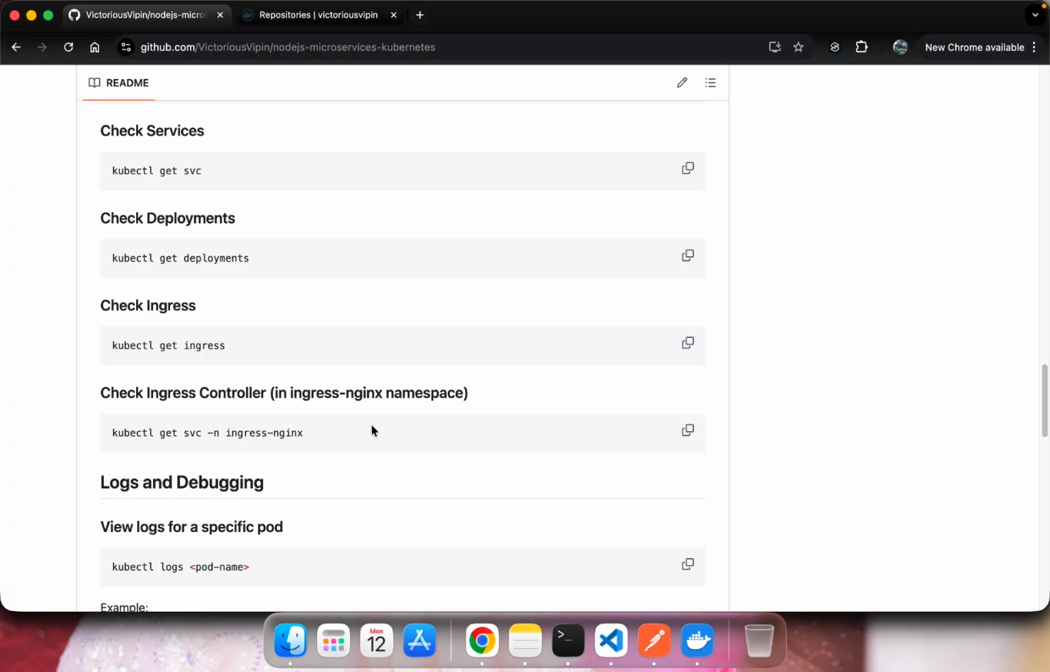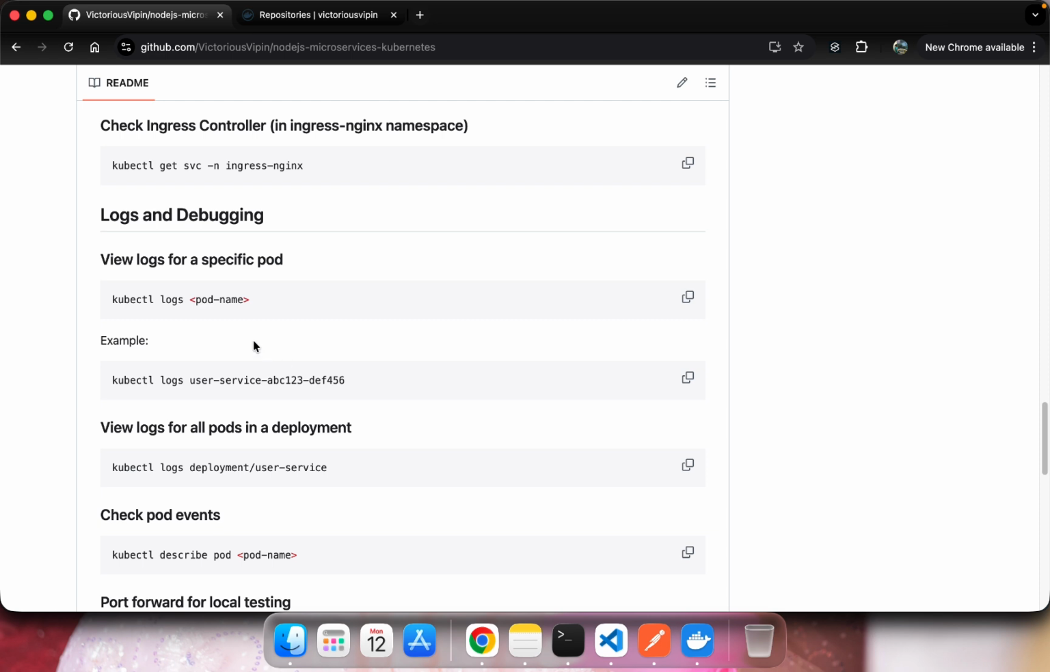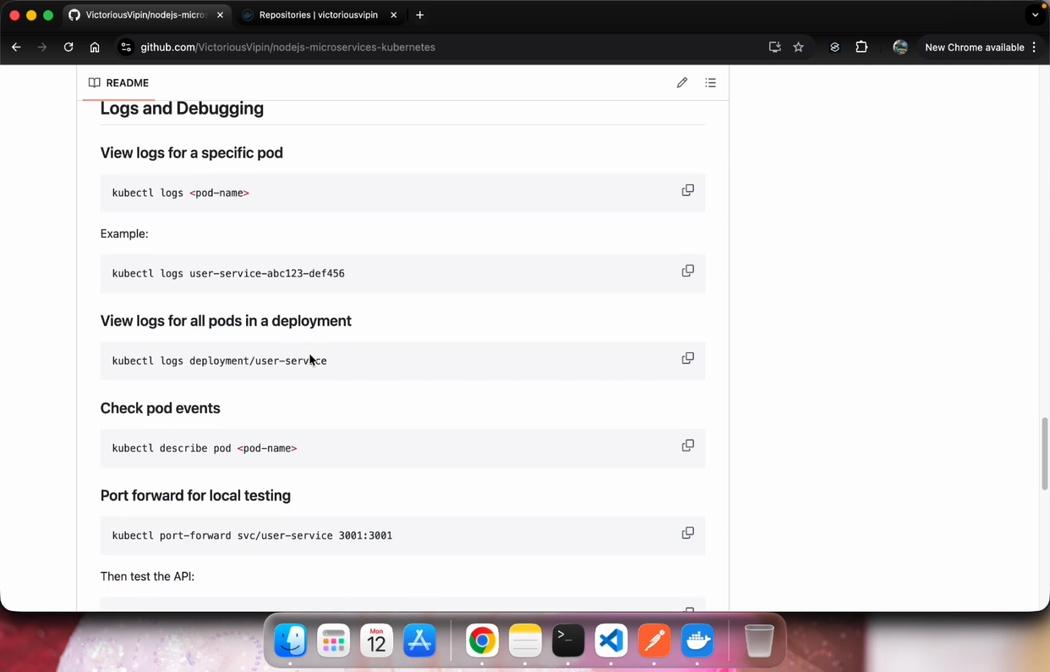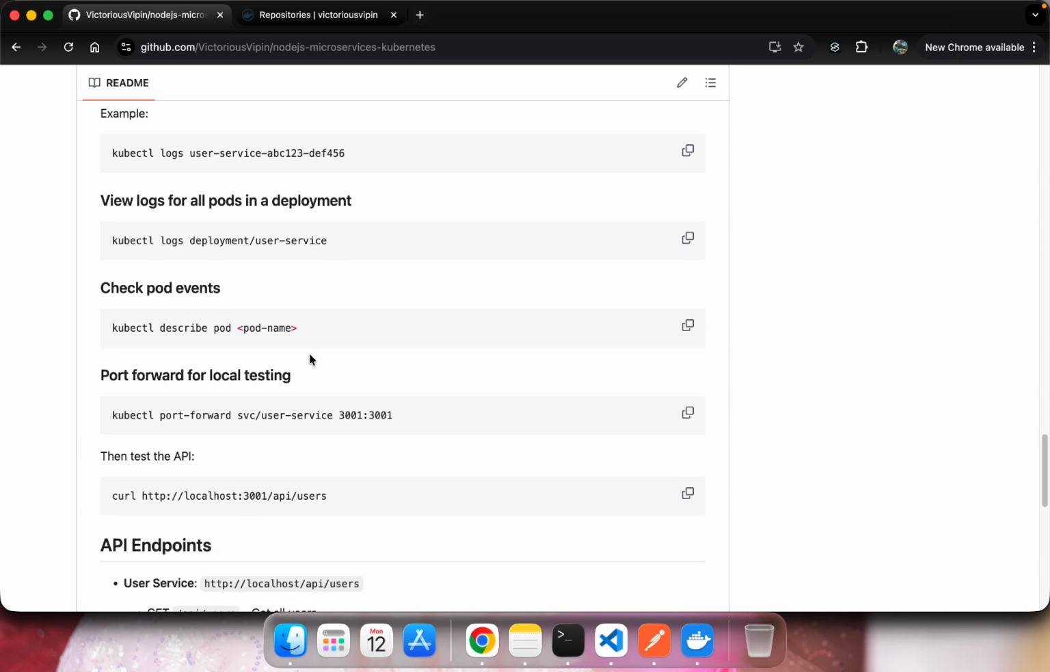This is also running, and these are the commands for checking the logs of different entities, like any pod, any service, or any deployment. If you want to check the logs, you can run these commands. Okay,